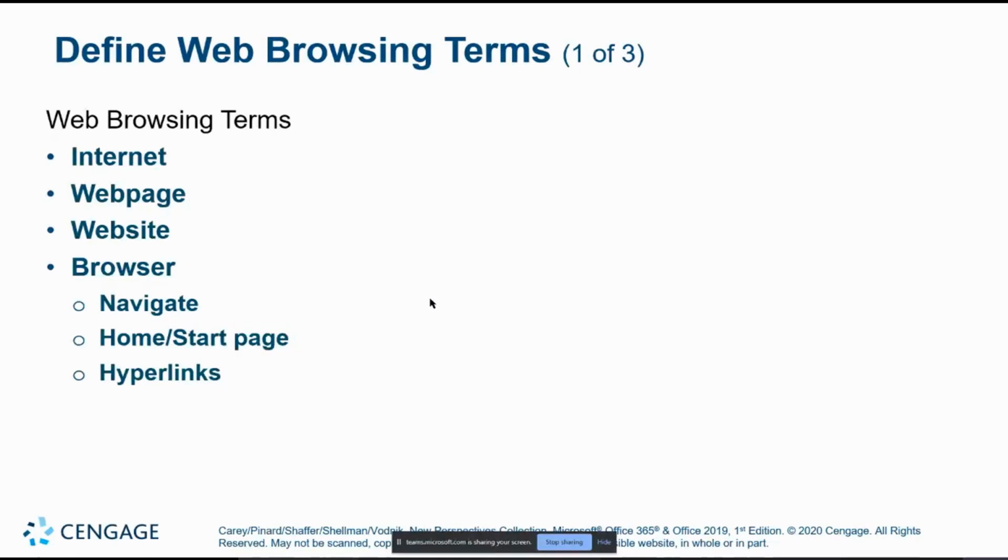And how do we access these? Well, through a browser. Google Chrome, Internet Explorer. It's no longer, which is outdated, but has been replaced with Microsoft Edge, Firefox. Those are your most common browsers. Some people use Opera or Safari. There's other less known options. And these are used to navigate the web, and